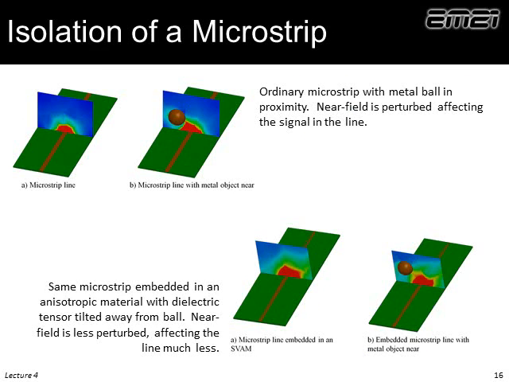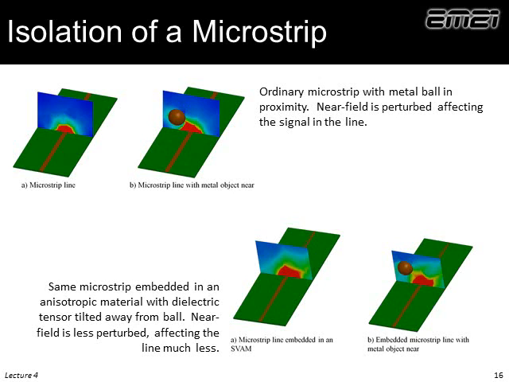So here's what we did with this. We took a microstrip transmission line, and I'm looking at the upper left. This is an ordinary microstrip, and we're looking at the field around it. This came out of ANSYS HFSS. Then we put a metal ball up next to the line, and what happens is that near field gets perturbed. Notice these near fields look different, because it's being attracted to the ball,